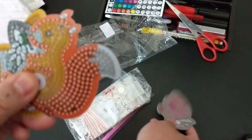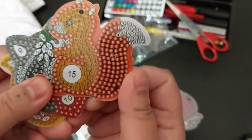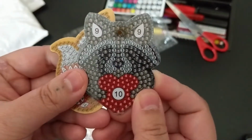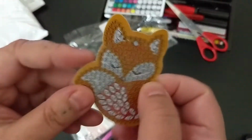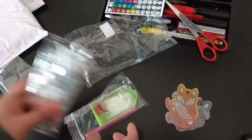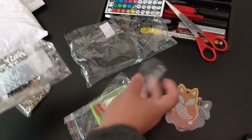So there's a piggy. Oh, the squirrel's super cute. A squirrel. Oh, a little raccoon. And a little fox who's sleeping. Shh, quiet. Just kidding. Okay, and then these are the diamonds